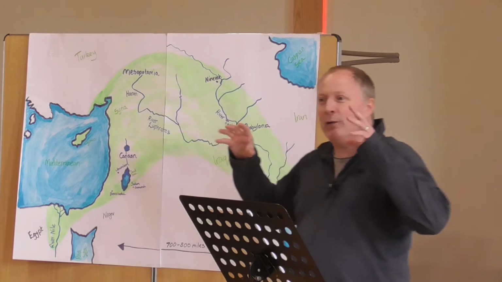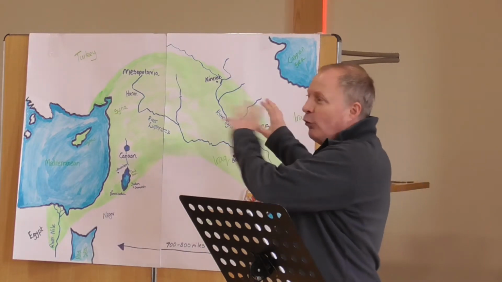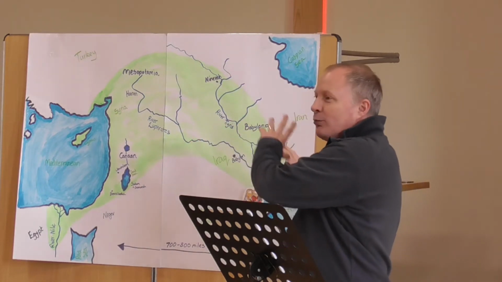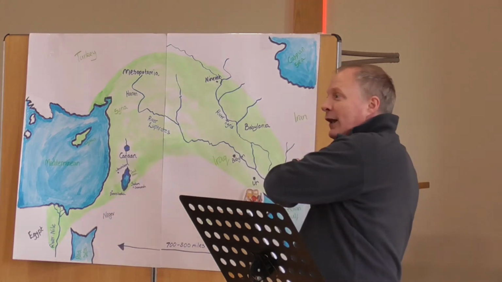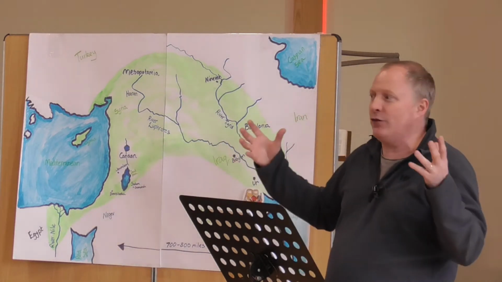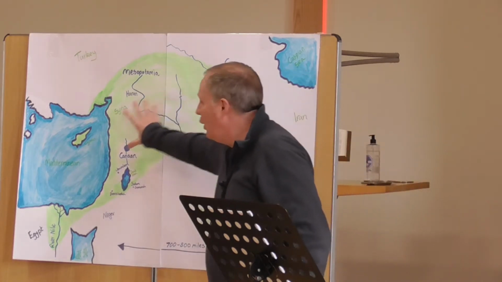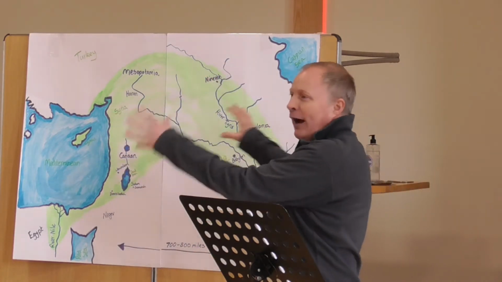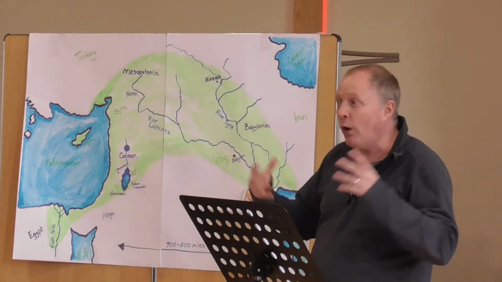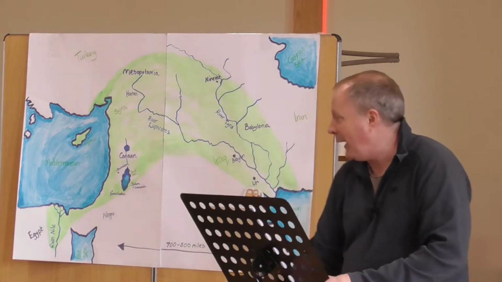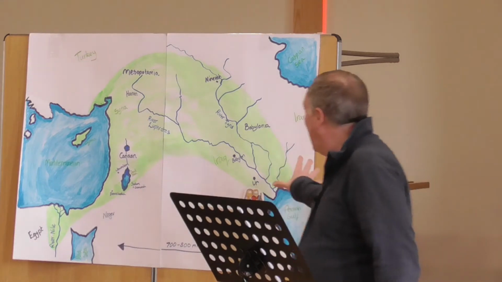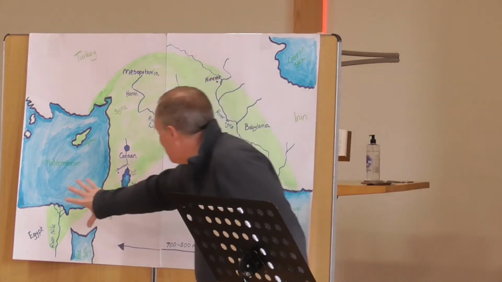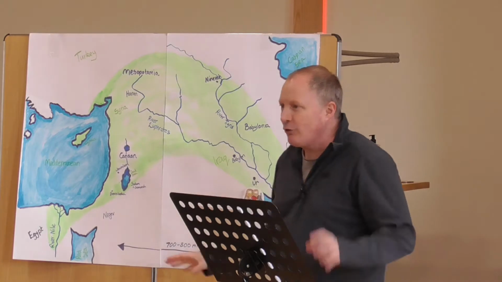And basically, it was important because 4,000 years ago, in terms of the explosion or the development of civilizations, it was a place where lots of stuff happened with lots of different nations. It's called the cradle of civilization. And one of them we're going to talk about is the Israelites and the Hebrews and the Hebrew nation and where it comes from. And as I say, it was an area, this band here, where all that sort of stuff happened.